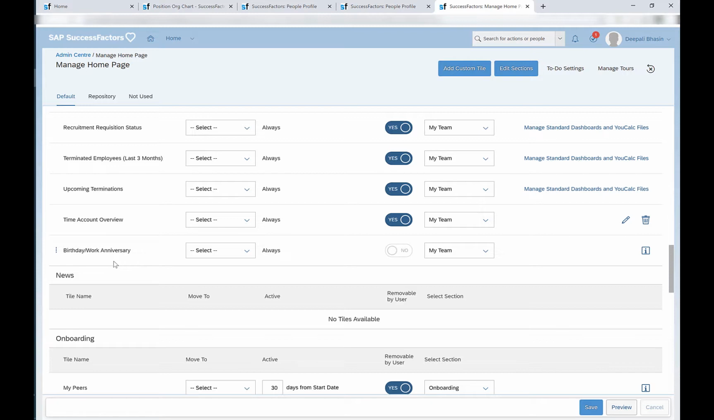You can see this tile on the home page only if the birthday of the direct report or the matrix report is within the next 5 days. If the birthday of either the direct report or the matrix report is not within the next 5 days, the tile will not be available on the home page, or the birthday will not be updated for that particular employee